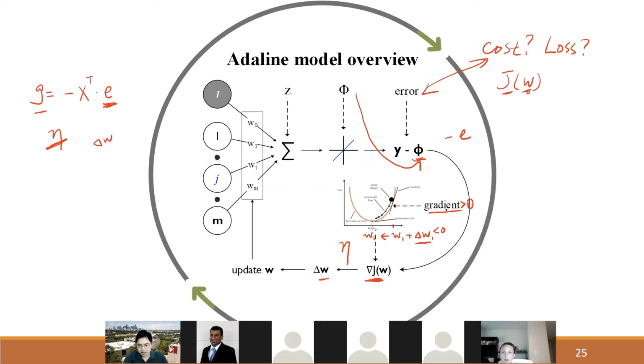In this case, you need to reverse the gradient, and so delta weight is calculated by negative learning rate times the gradient. And now we only have one weight. So that's how gradient can be used to get closer to the optimal weight